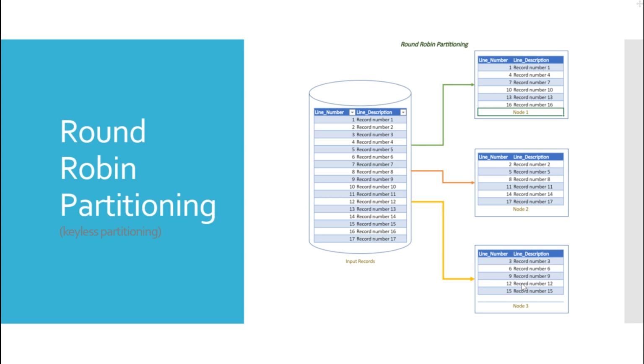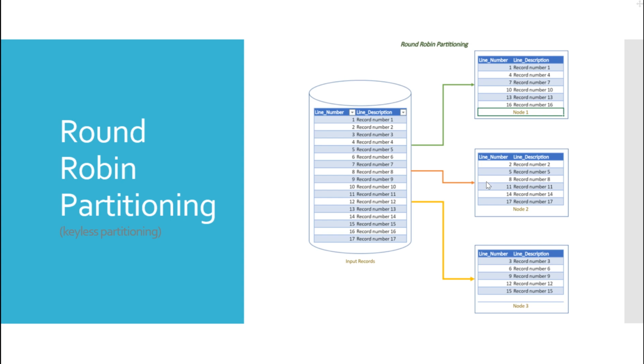Since this is the last node, the process should start again from the first processing node. So the fourth record went to the first processing node, fifth record went to second processing node, sixth record went to third processing node, and this process starts over until all the records in the input dataset have been partitioned